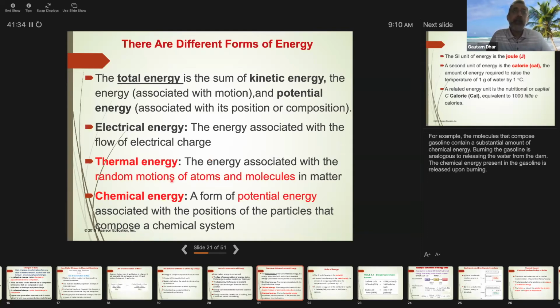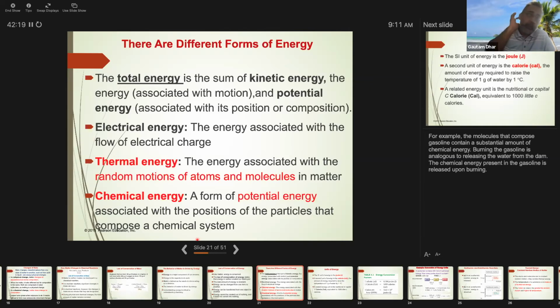Now, chemical energy is therefore a form of potential energy associated with the bonds, the position of the particles that compose the chemical system: how they are bonded, with whom they are bonded, the strength of the bond, and so on. When you do a chemical reaction, you basically break a bond and form a new one. So you can imagine that when you are breaking a bond, you need to give energy before you can form a new one. So energy is intricately related with chemistry, as also matter, atoms and molecules.